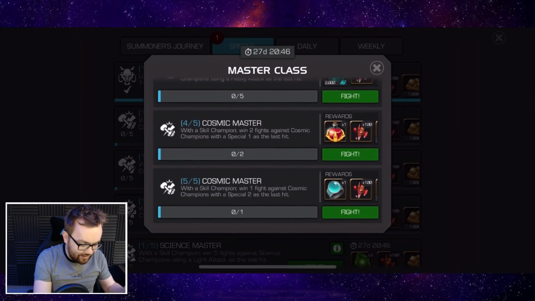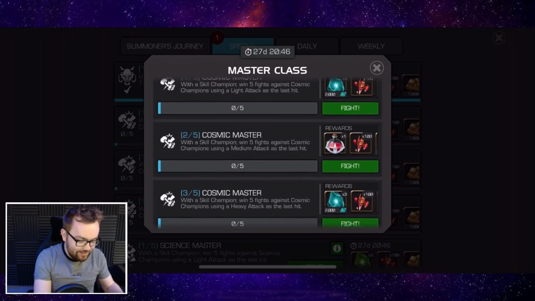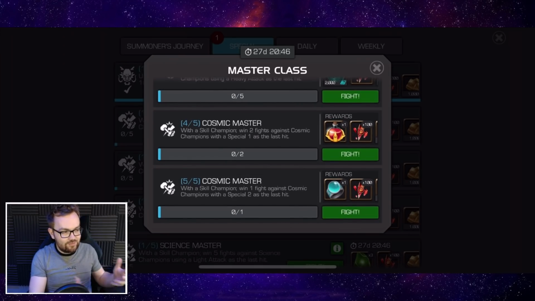So yeah, this is a lot of repetition, stuff that you can do in the arena for the most part, but this is pretty easy in all fairness, man. It's only 1 fight to win with a special 2 there to get the ring. So all of this stuff is pretty easy, so the earlier you do these objectives the better,